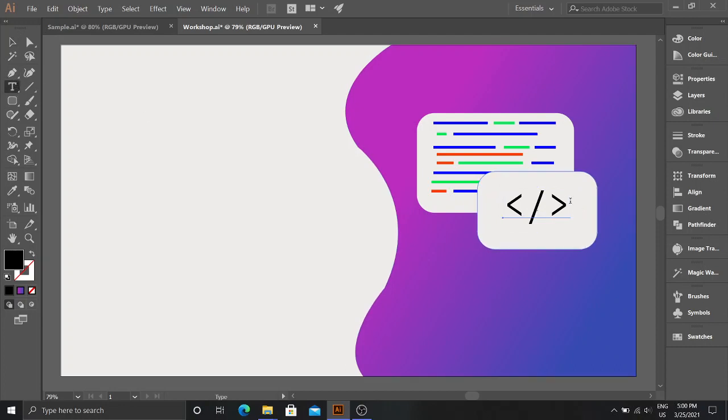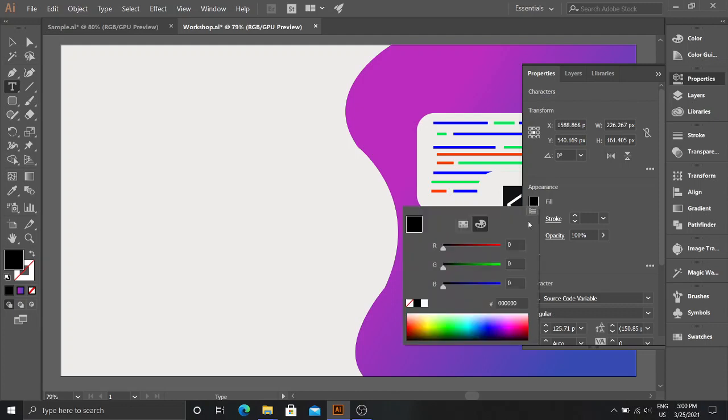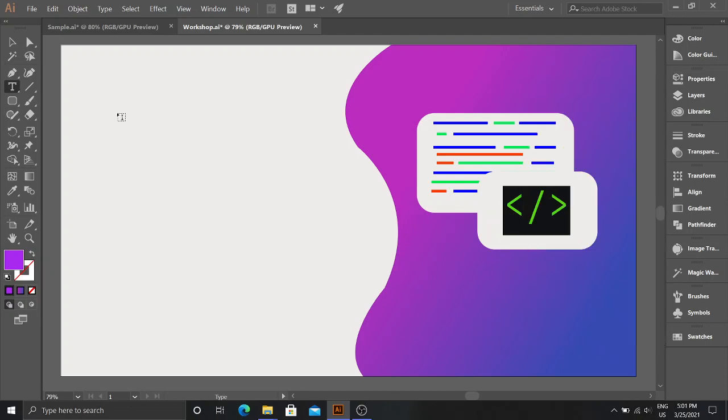Again, with the text tool, you can change the color of the text. Properties, fill. Let's see this one. Like this.